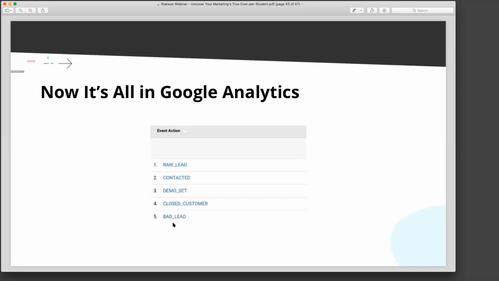All of those assists that we looked at early on in this deck, we can start looking at those multi-channel touch points. That's where the magic starts to happen. It's no longer last click because it's in GA and it's tied to that session and that user ID. All their previous stuff that was happening all fills in, because analytics is always tying those things together and building that journey for us. That's the magic behind all